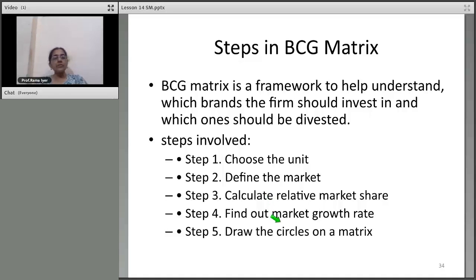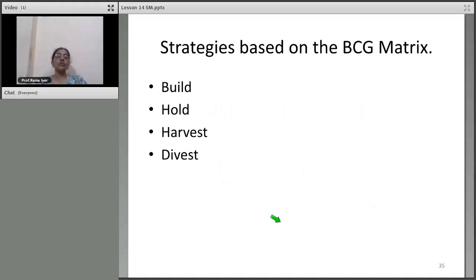And strategies will be based on the BCG matrix. So there are 4 strategies possible. These strategies are build, hold, harvest, divest. What is build? Build means by increasing investment, the product is likely to become even better. You can increase your market share. The example they have given is pushing a question mark into a star, and finding their cash flow. Make it a success sequence.